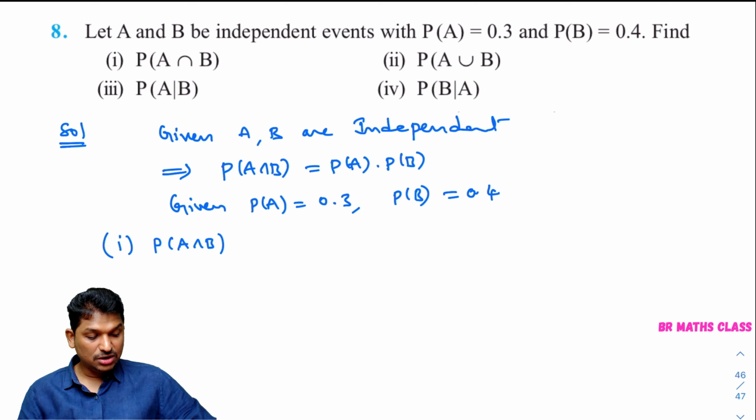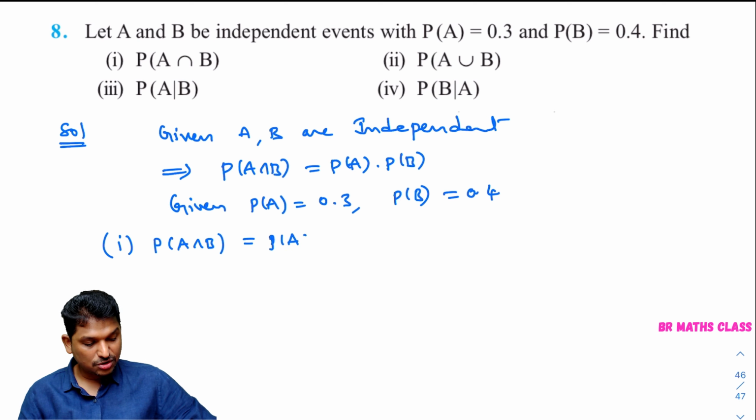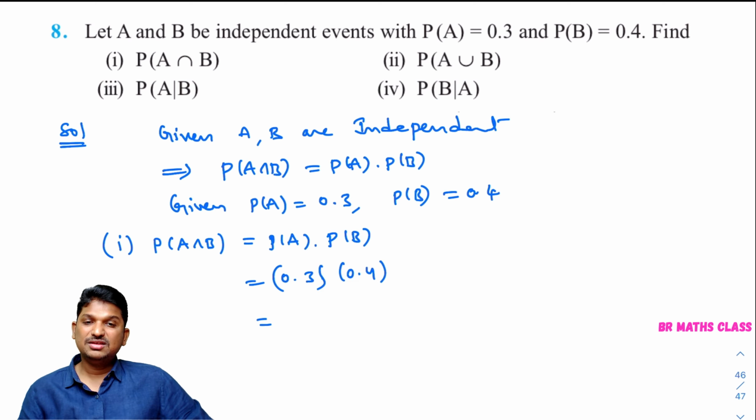They are asking probability of A intersection B. As the given events are independent events, probability of A intersection B can be written as probability of A into probability of B. Probability of A is 0.3 into probability of B is 0.4. This can be done easily. 0.3 into 0.4 is